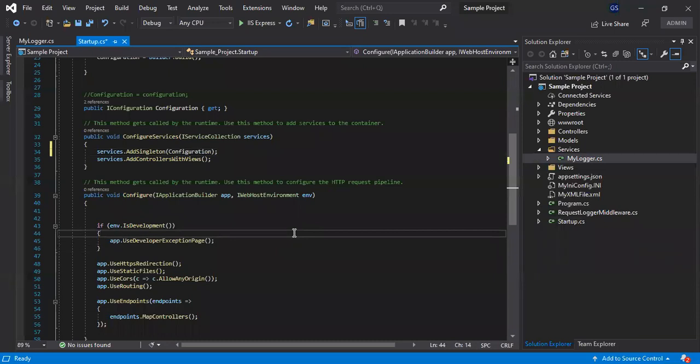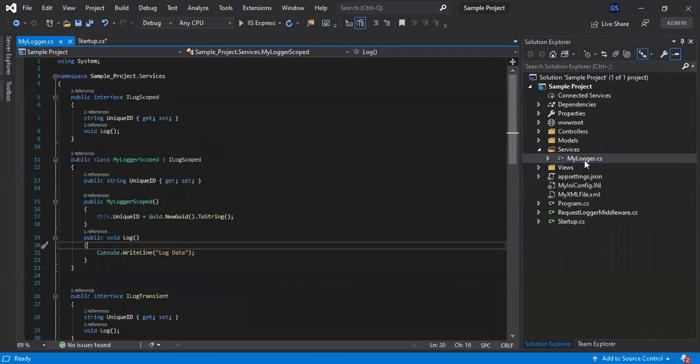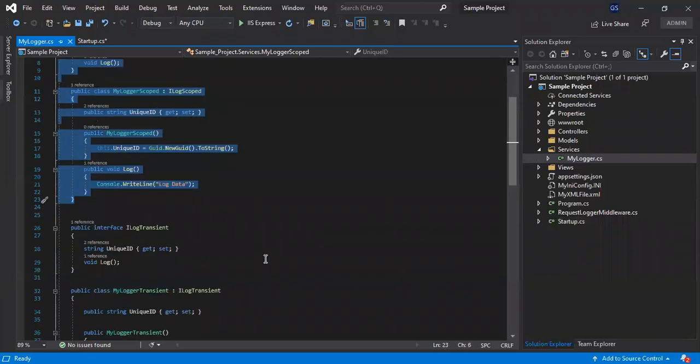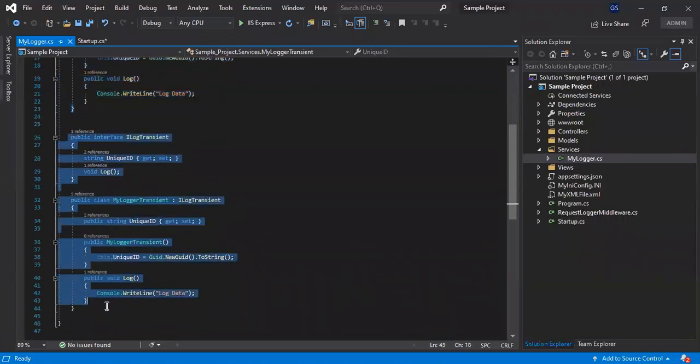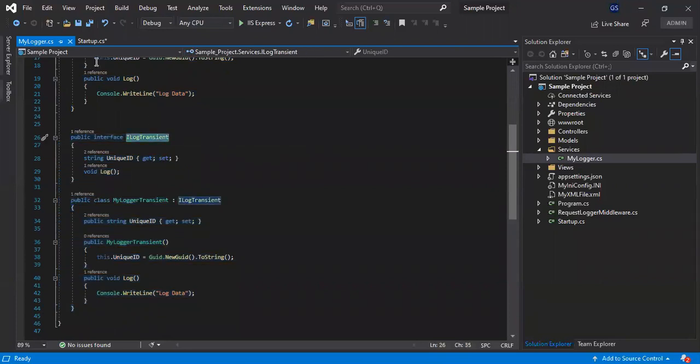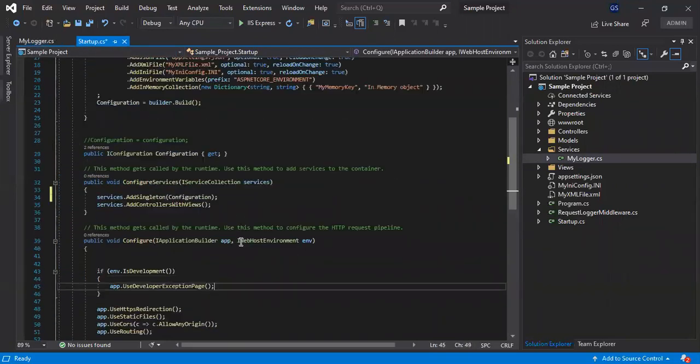To understand the service lifetime and the registration of the services, we have created two services in this file. The first one is defined for scoped and the second one is defined for transient. For the singleton, we will refer to the configuration, because we are already using that.